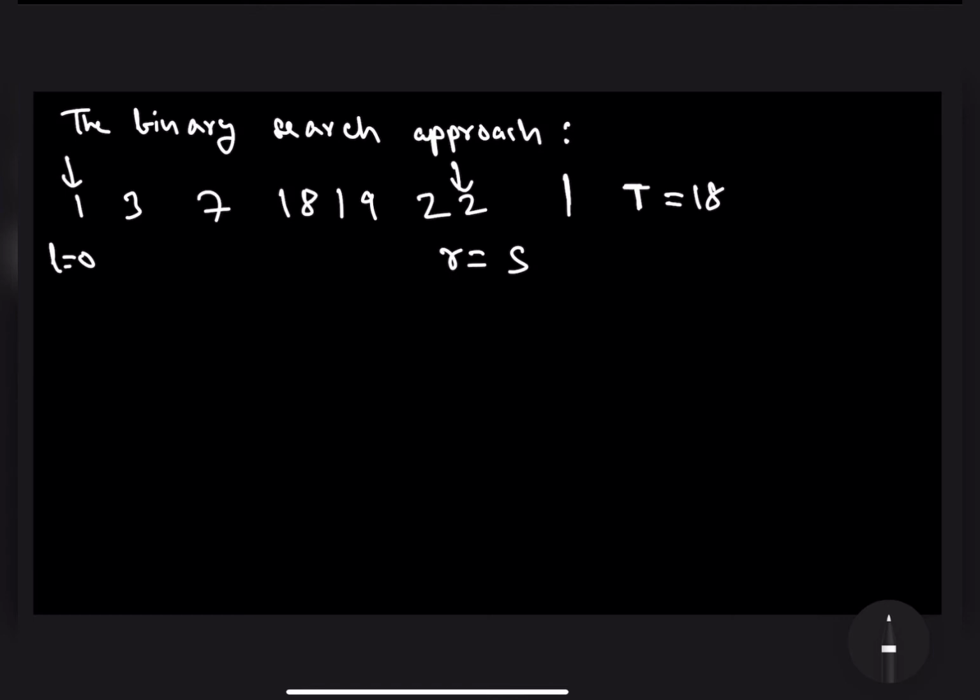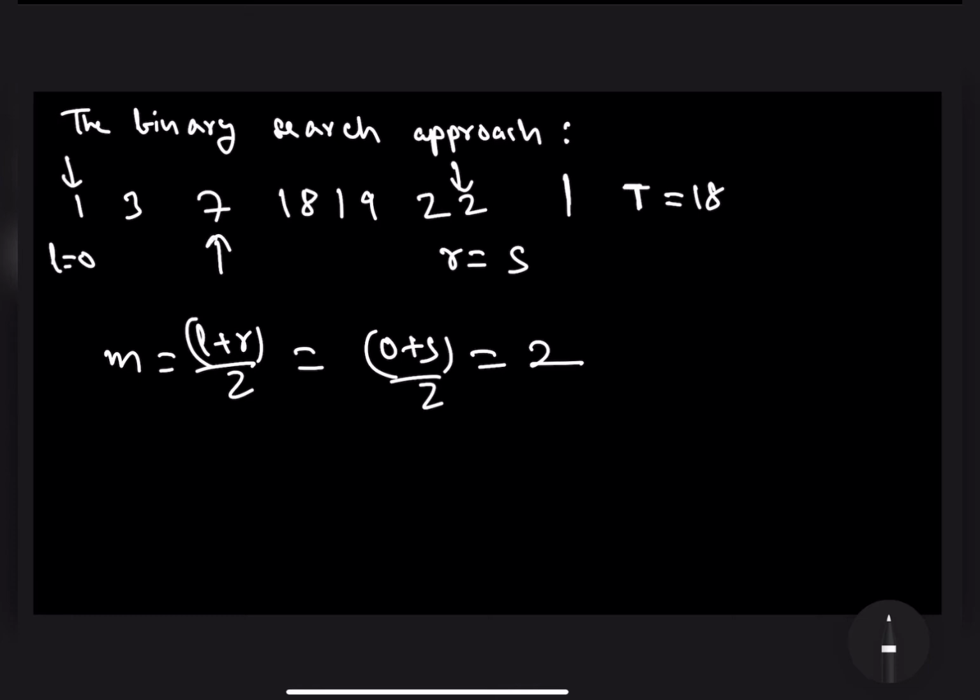Now what I will do is at each iteration I will try to find the mid value of this search space, that is L plus R by 2. Let's represent this with value M. All right. So in this case it will be equals to 0 plus 5 by 2, that is equals to 2. All right. So the mid element will be pointing at the second index, that is at the value 7. All right. And here is where mid is pointing right now in the first iteration. All right. So I compare 7 with the target value.